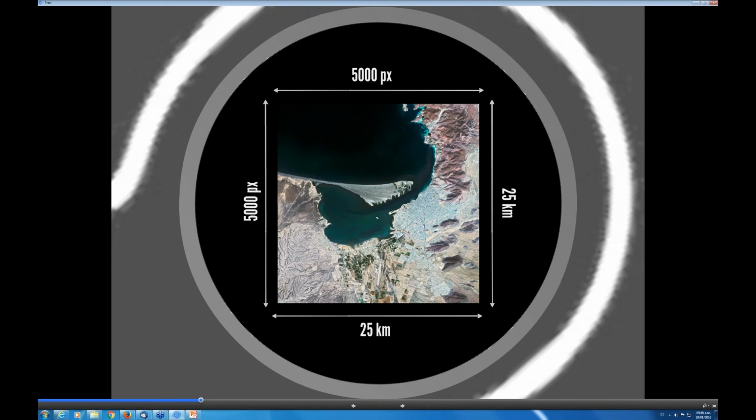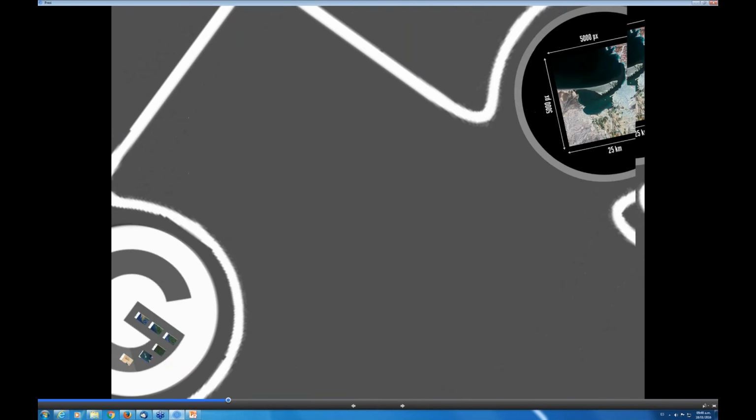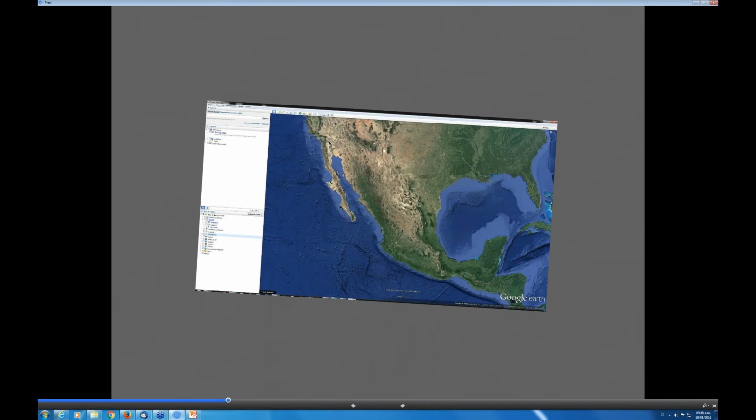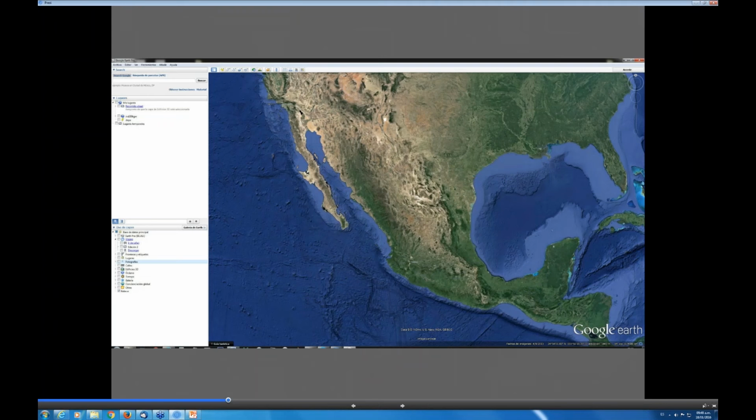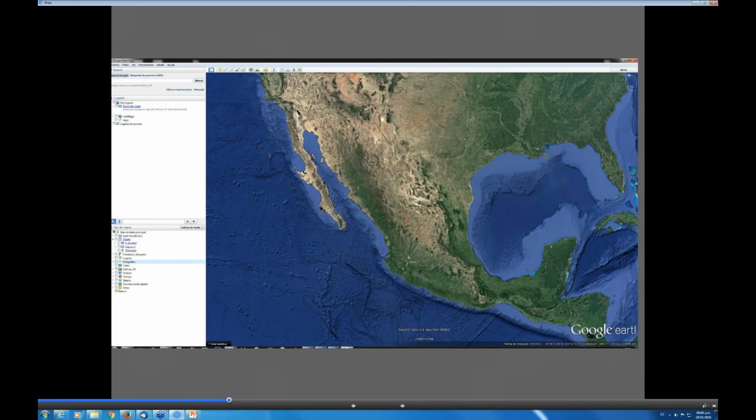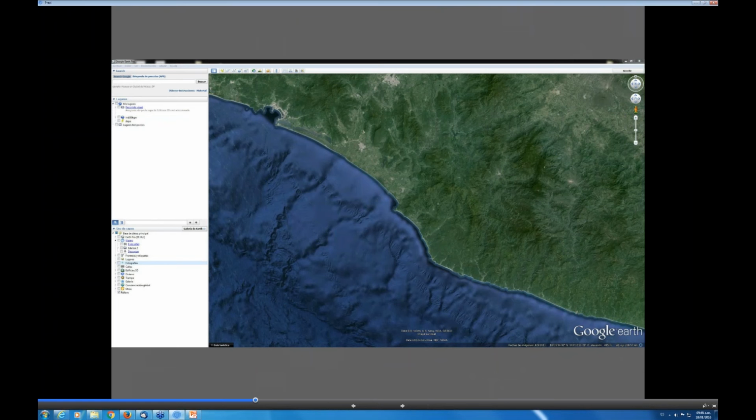Now maybe you would ask, we have Esri, we have Google. Why do you want to make your own mosaic? Let's have a quick look at Google. In Google, at first view, the mosaic looks perfect. No cloud, no point of rupture. It's impeccable. Let's zoom a bit. For example, here on the Pacific coast of Mexico, still perfect. But if we zoom a bit more, let's say on this little bay here,